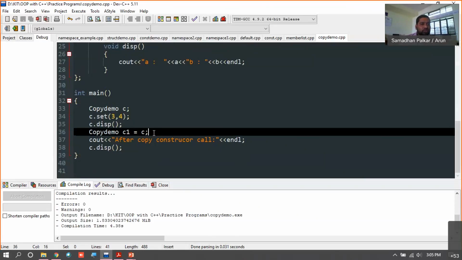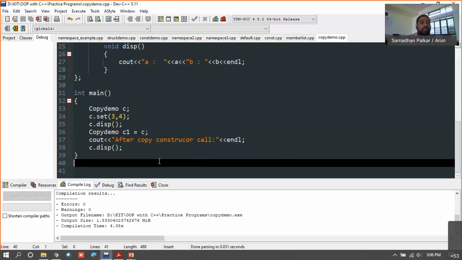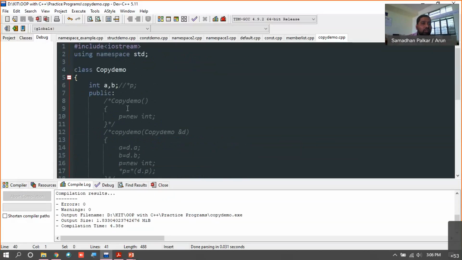So this is the case where the copy constructor gets called, right? When we create a new object and assign an already created object to the newly created object, then the copy constructor gets called. So here we have not written any type of constructor, right?